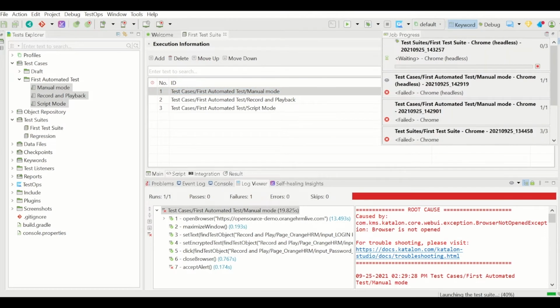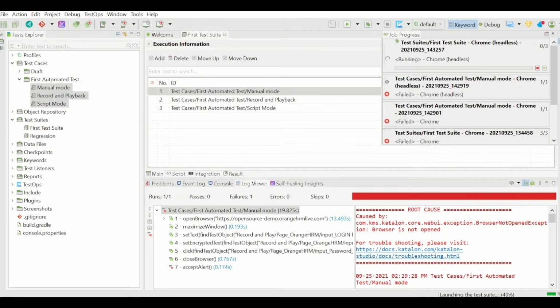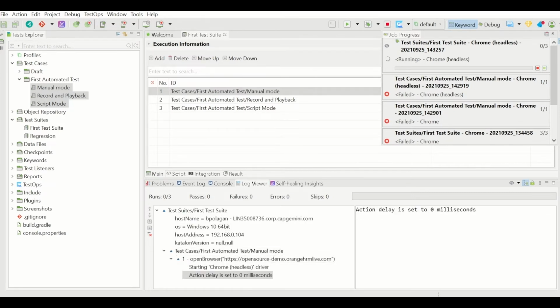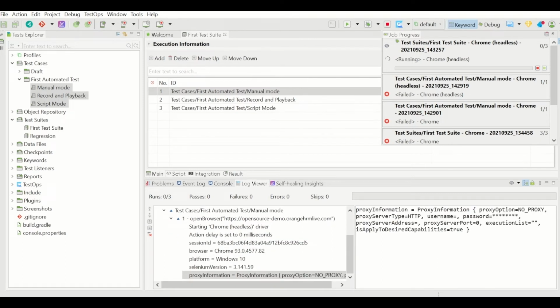Now we are going to see the difference between executing at the test case level and the test suite level. Okay, so it is going to execute the suite. Here you will see in the log viewer, now we have three test cases, right? Out of three, we are going to see how many are going to pass, how many fail, how many result in errors, and how many test cases are skipped, if they are skipped at all.